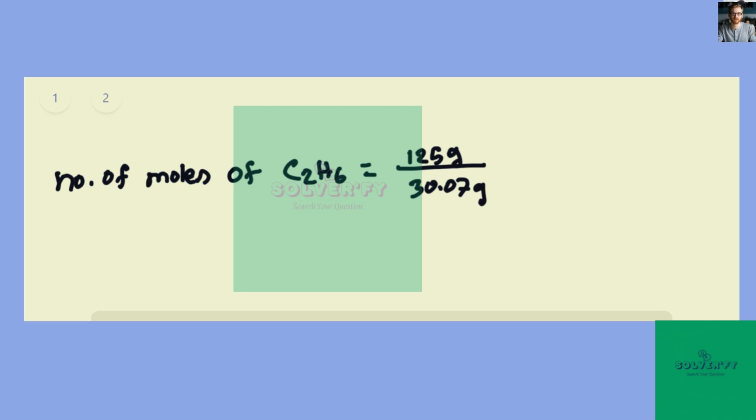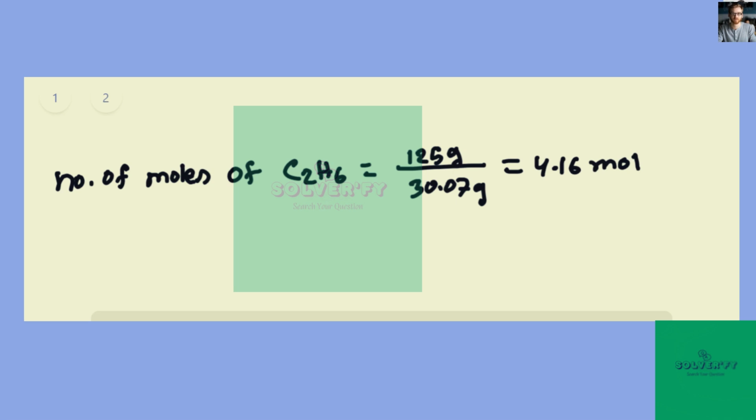Since we have two carbon, carbon's molar mass is 12, so 2 times 12 is 24, and hydrogen's molar mass is 1.08, so 6 hydrogen will give us 6 point something, and the sum will give us 30.07 gram. Now this will give us a value of 4.16 mole. So this is the number of mole of C2H6 reacting here,